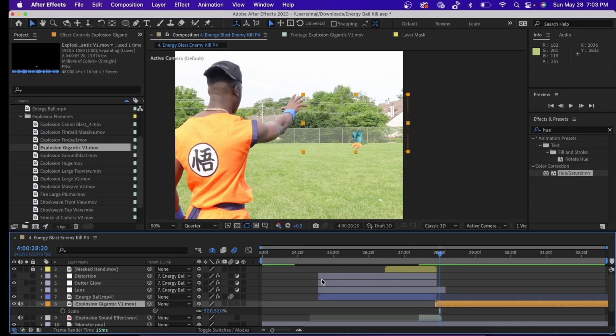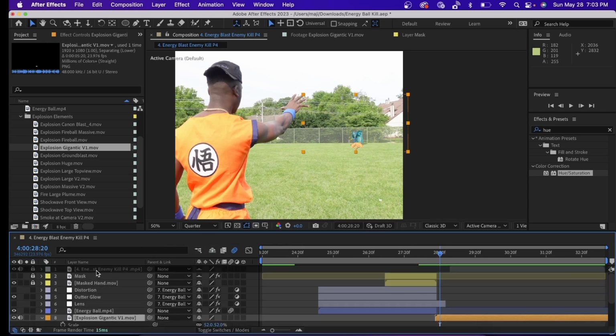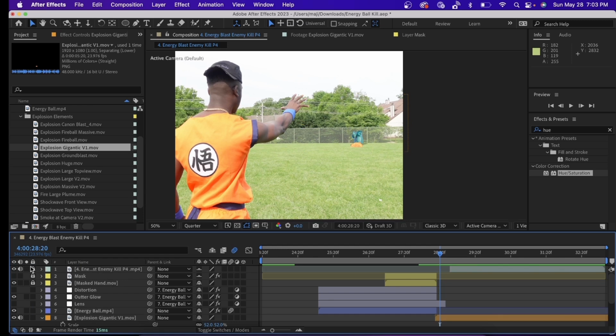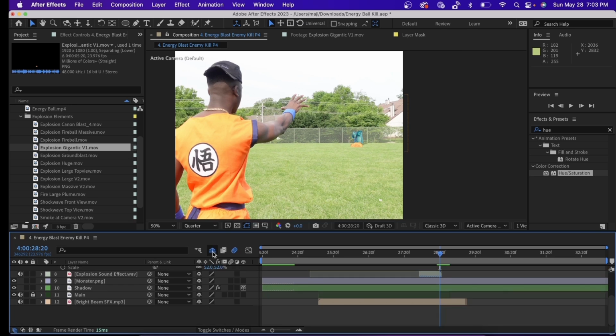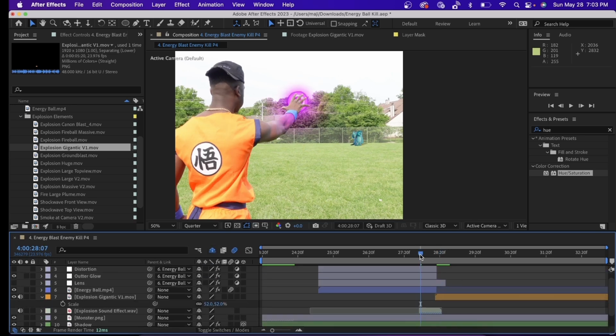And then what you can even do is, if you go ahead and unhide the layers, click on this top layer, unlock it, and drag this at the very bottom of everything. Place a lock back on it, and you can feel free to hide it back again. Now, if you press play,